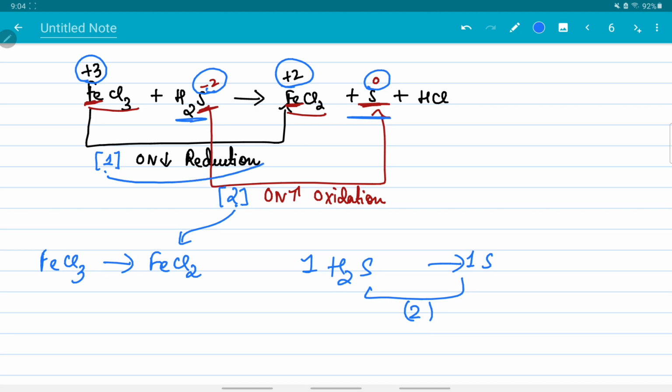This 1 gets multiplied to this equation and this 2 is getting multiplied to this equation. Okay, so I hope you're not getting confused. We are just, see, first step what we did is that we took the oxidation number differences. Now we will multiply those oxidation number differences to the opposite equations, that is to the other equations.